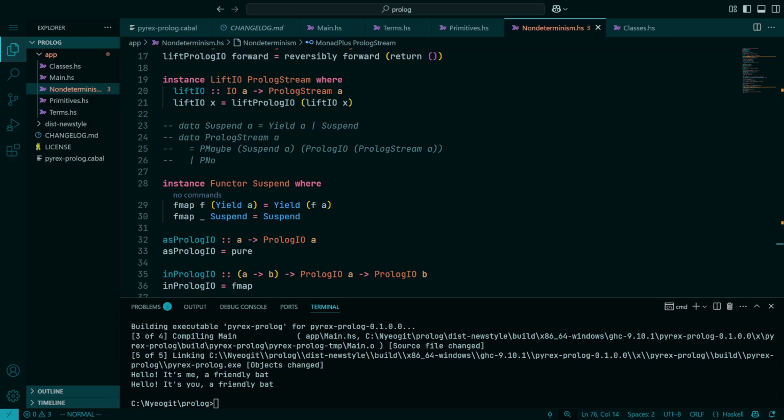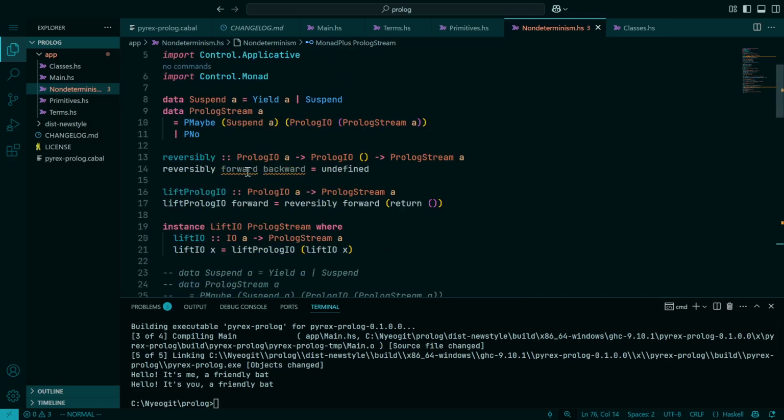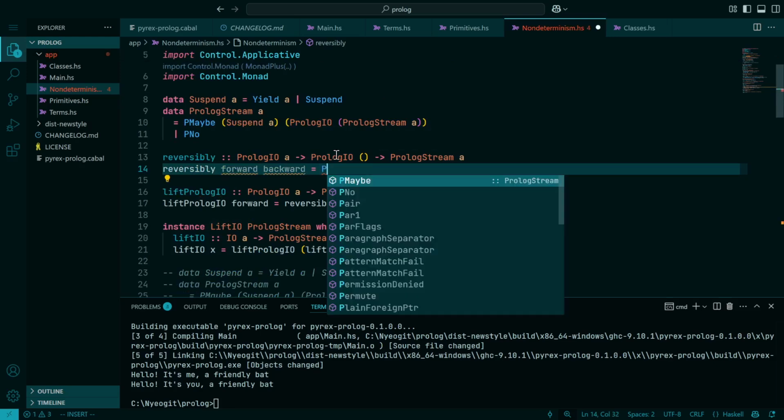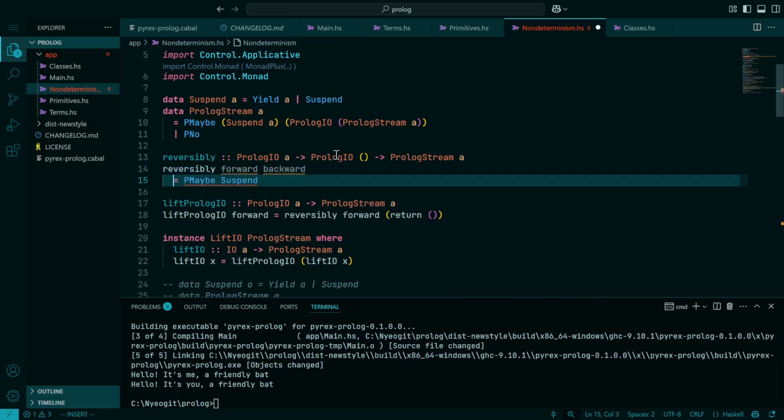I certainly do. At any rate, so I keep promising that I'll explain how this interface allows for undoing, and I keep not explaining that. So let's quickly actually define reversibly. This one's not pleasant to look at, so I'll explain it. There might be a more pleasant way to look at it, but I don't know it right offhand. So reversibly will